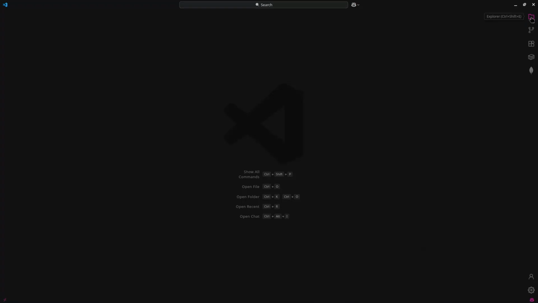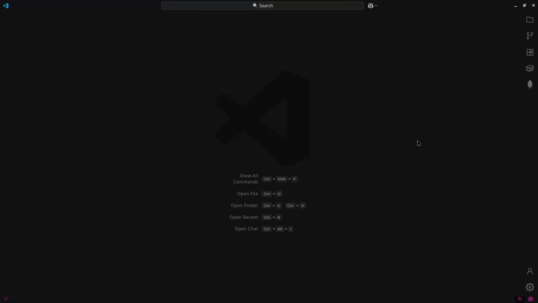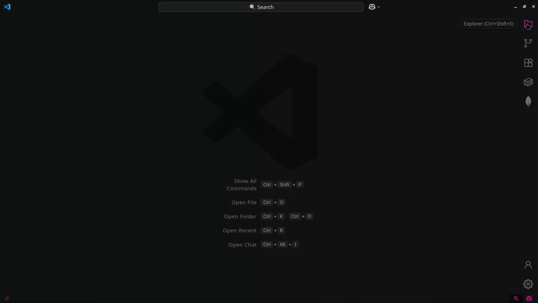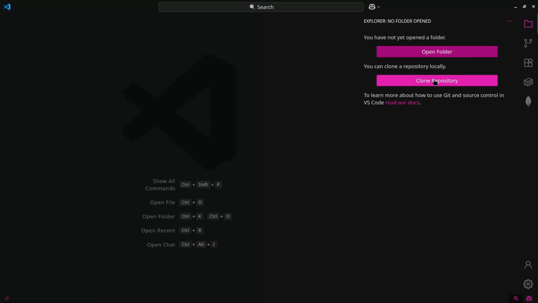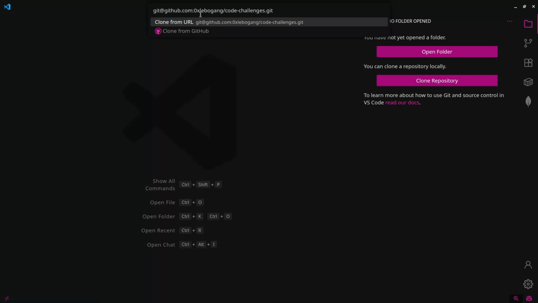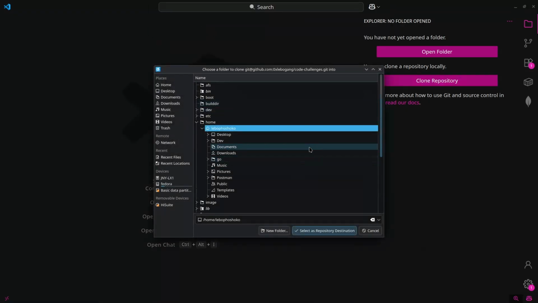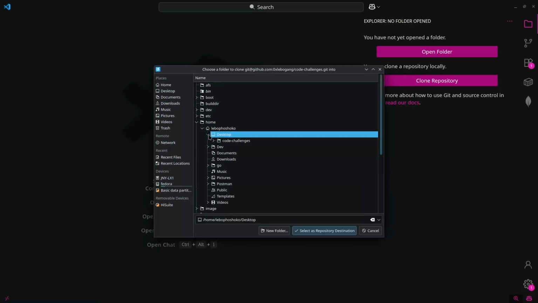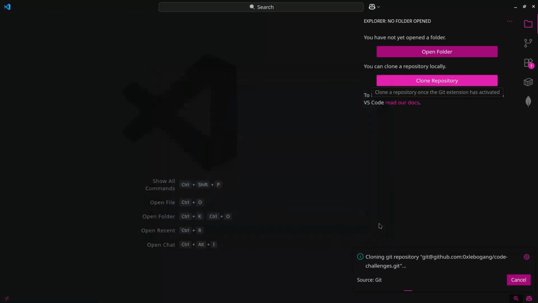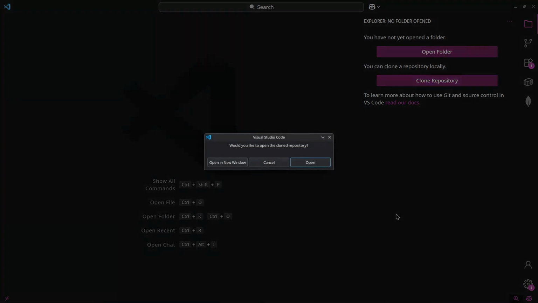So in VS Code, you click on that folder icon, you click on clone the repository, you paste that link that we copied from GitHub, and you click on clone from URL. Choose a location for it, and it'll clone. Once it's cloned, you're going to open it,